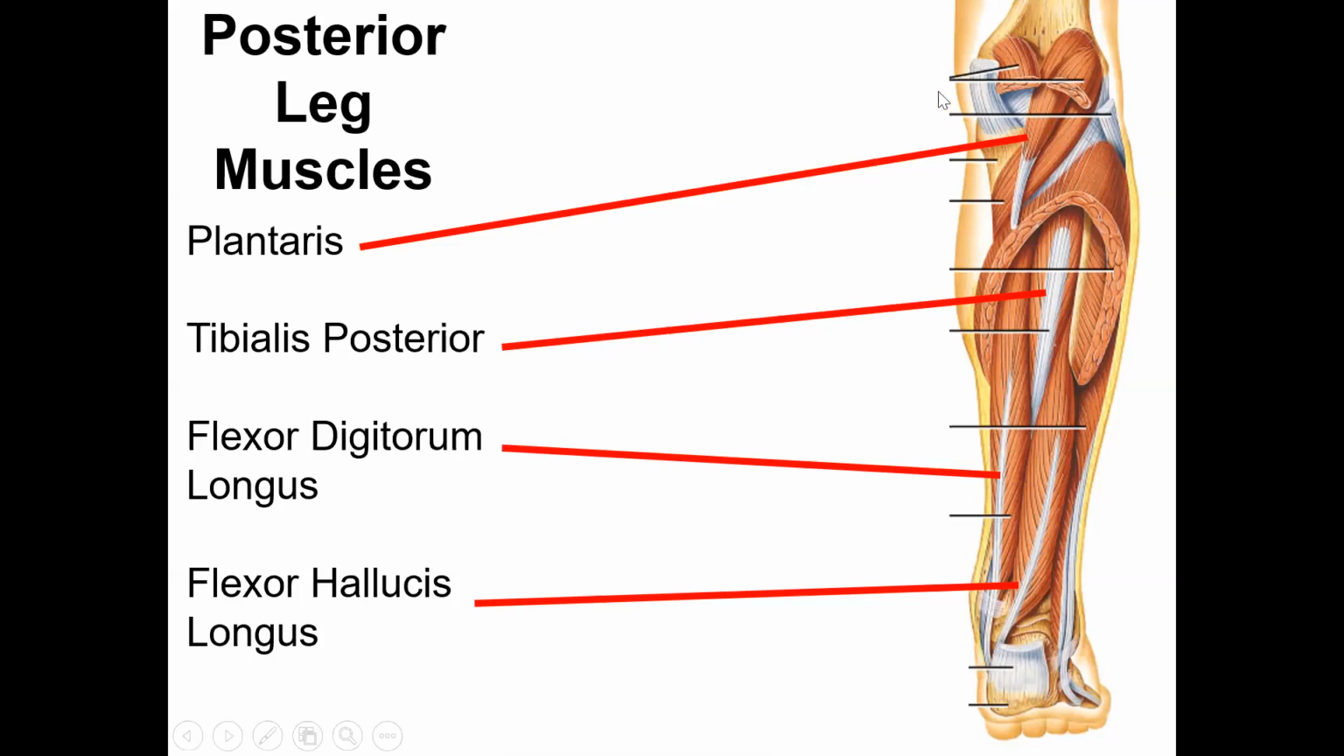And the plantaris muscle is very similar to that muscle. We've got the tibialis posterior, which is posterior to the tibia here. We've got the flexor digitorum longus on the medial aspect, rather, and then the flexor hallucis longus on the lateral surface here. So the function of these two muscles, the flexor digitorum longus and the flexor hallucis longus, is flexion or crouching